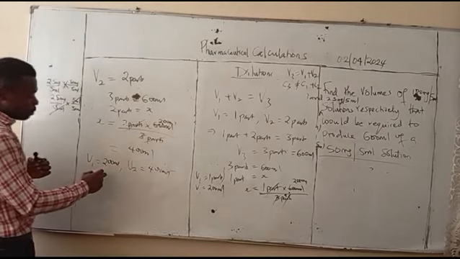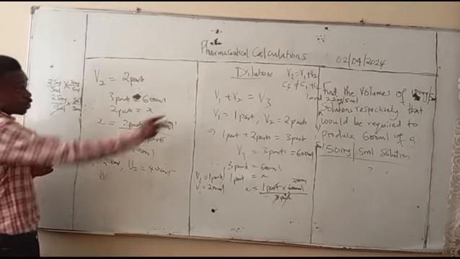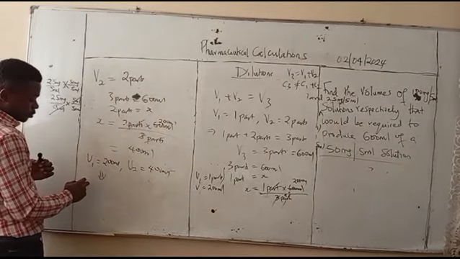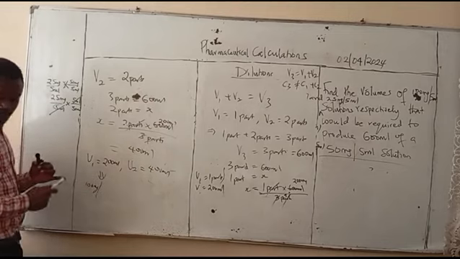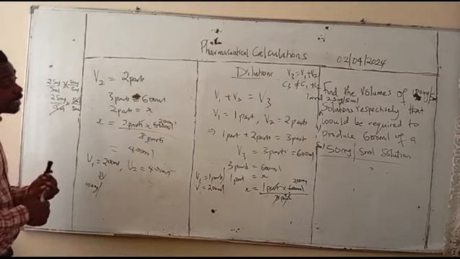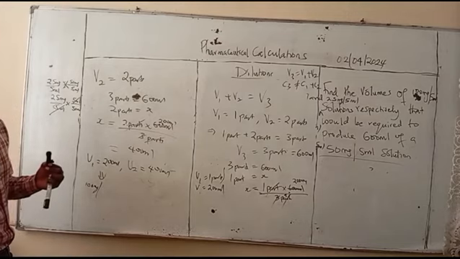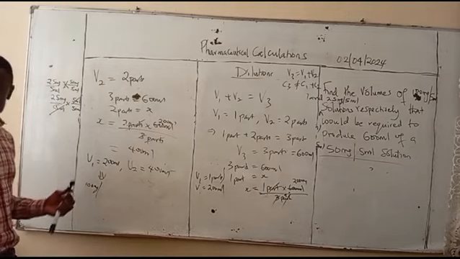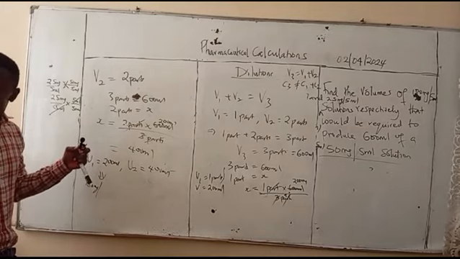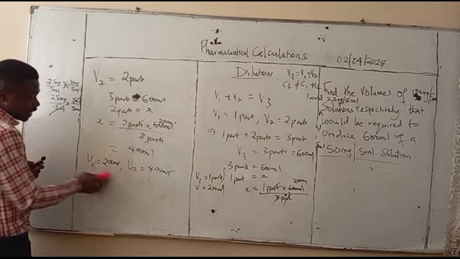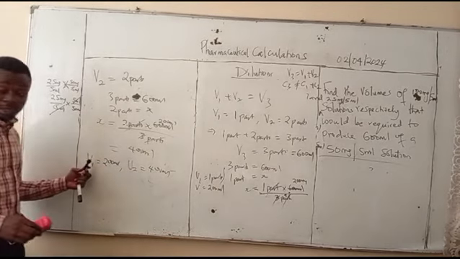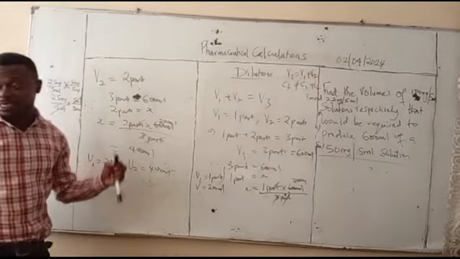Remember that V1 belongs to which concentration? 100 mg. This may come as an essay question. If it comes as an essay question, when you are solving, you have to write down what you got. Please don't just present it anyhow. Since you have gotten V, don't stop here. Simply go back to the question and see how the question